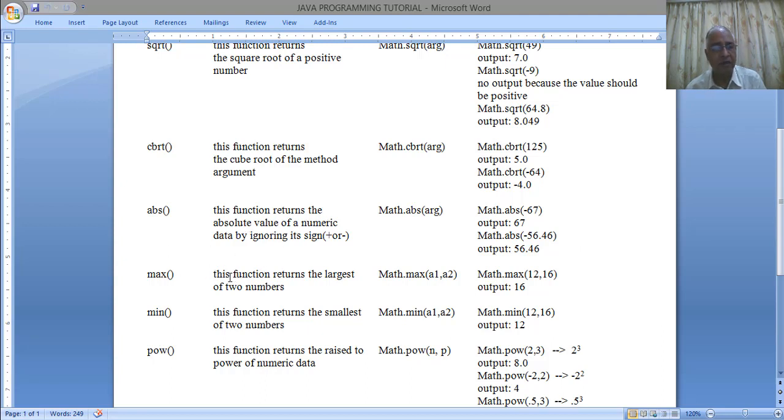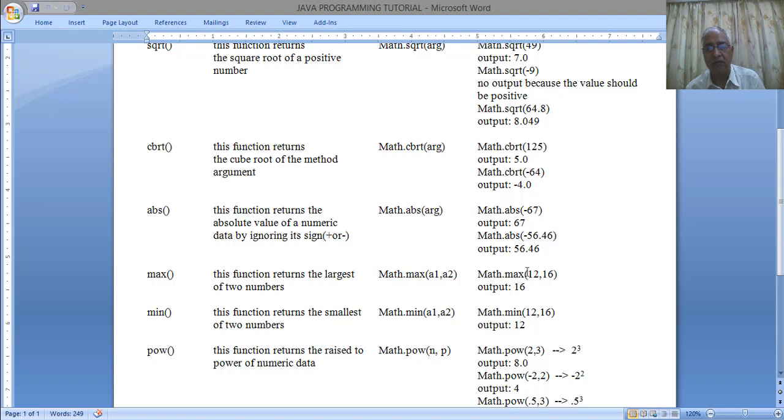Then the max function. Max returns the largest of two numbers. You give any two numbers to the computer and the computer will return the maximum value out of the two numbers. So the usage is Math.max(a1, a2). a1 and a2 are the two arguments, the first value and the second value. Out of these two values, the computer is going to give you the output, that is the maximum of